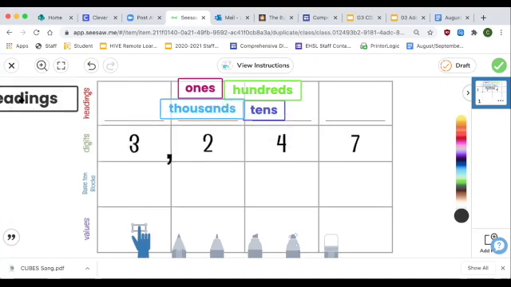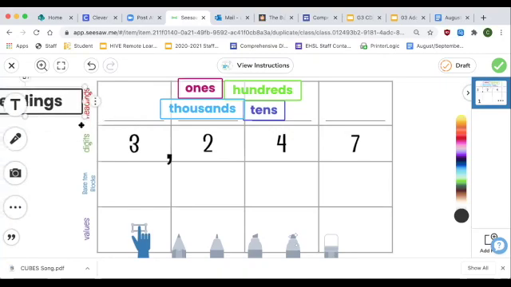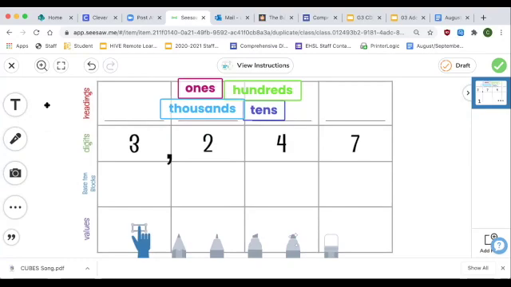Do you see right here where it says headings? It's red. Headings go at the top. Those are the words that give a column its name. Digits are already there for us. Then what I want you to do is, I'm going to give you a couple of options,